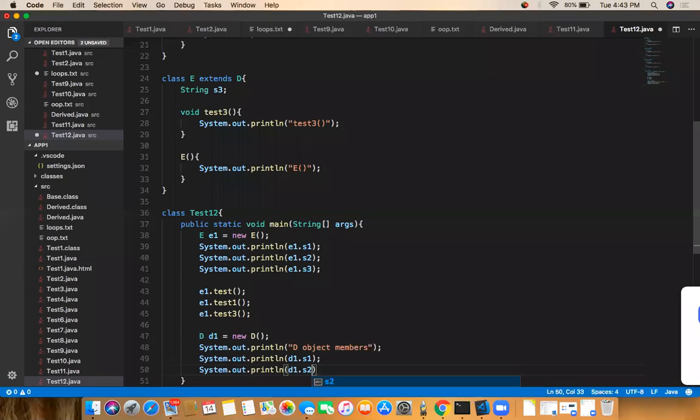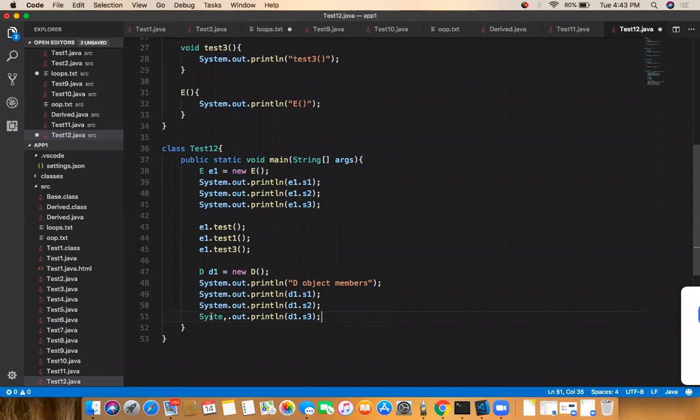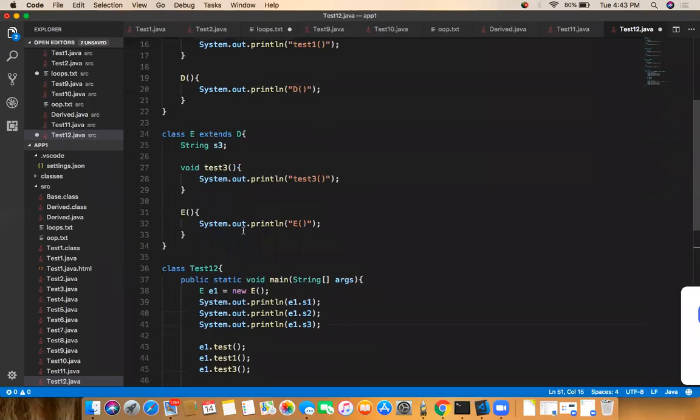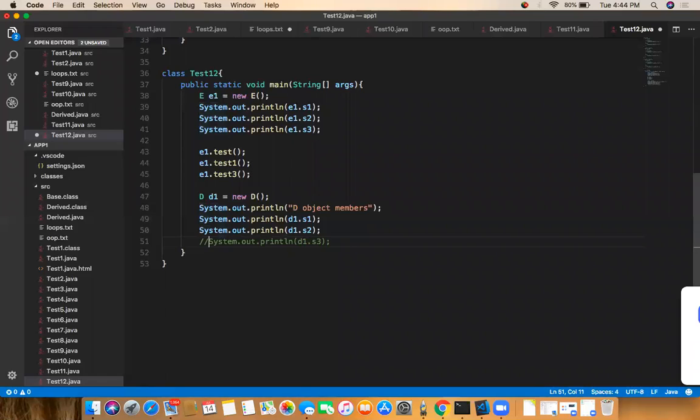E1.S2. System.out.println of D1.S3. This is not possible. Since the object is created for the class D, which does not have a member S3, we'll get the error here. We'll comment this. Here also,